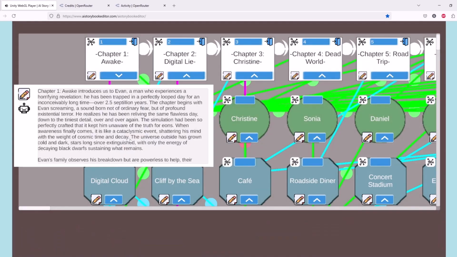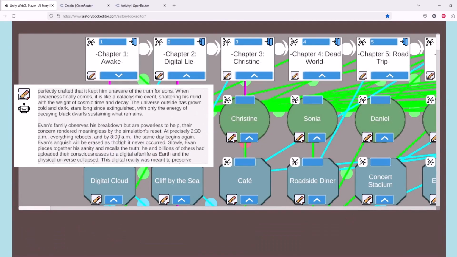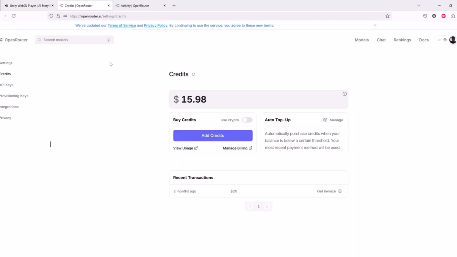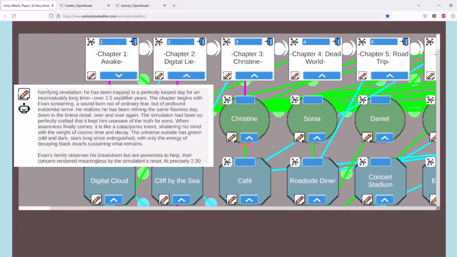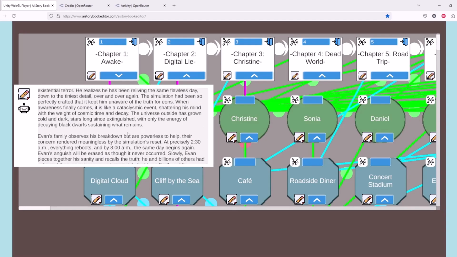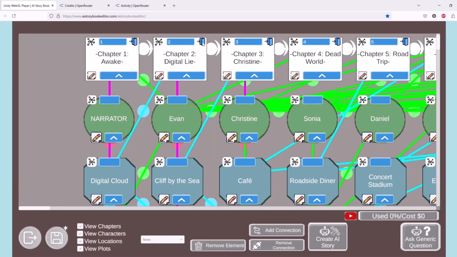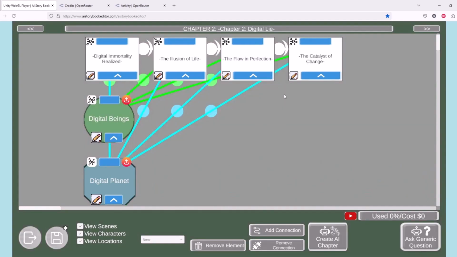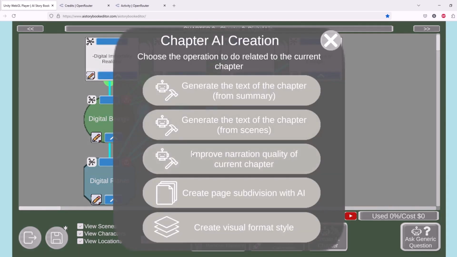Okay, so we got a new summary, and let's see how much it costs. Okay, it was just 1 cent, because the chapter was not really long, and the output also was quite short. Okay, so if we now go to chapter 2 and we proceed with the improvement of the narration's quality,